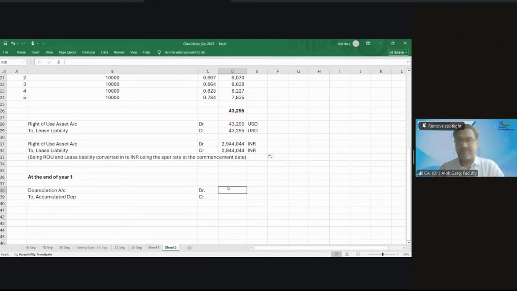Non-monetary item, an identifiable non-monetary item without having physical substance. So one leg was non-monetary item, and if you look at the notes, you will find I have covered what is monetary item and what is non-monetary item. Monetary item means that item which can be converted into fixed unit of money.